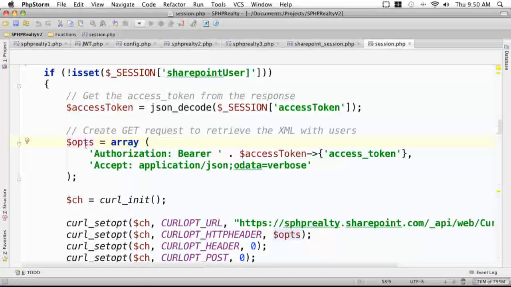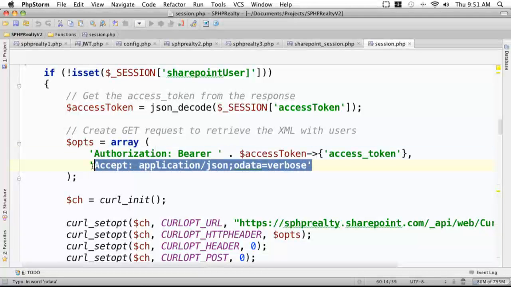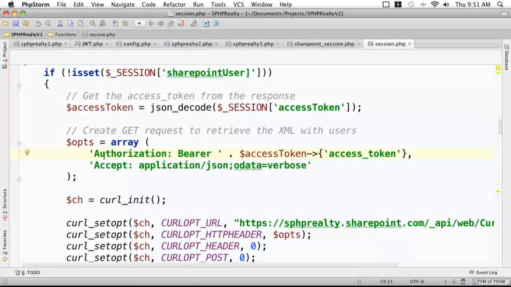All right, so again, we're building a request. This time, we're building a GET request, and those are the two headers that are required. One is accept application/JSON semicolon OData equals verbose. If we don't put that, we're going to get back an XML format. So if you're okay with XML, you can get that. For most platforms today, it seems that there are more APIs that do JSON, and it's easier to handle on the client side at least. And the other header is authorization bearer,